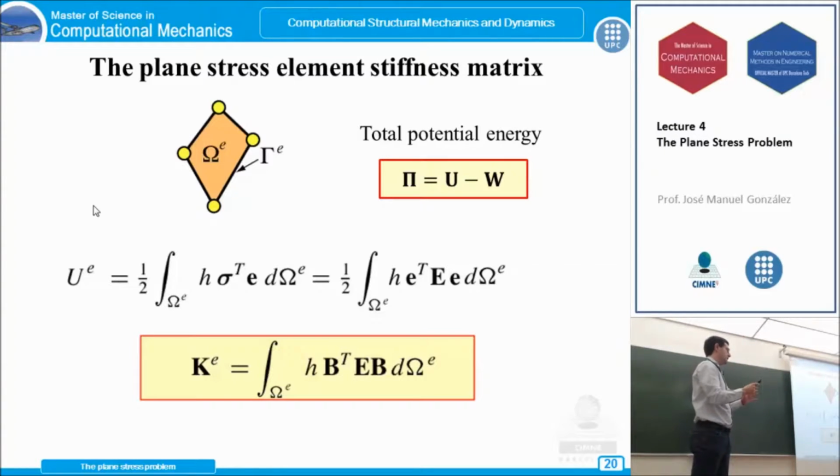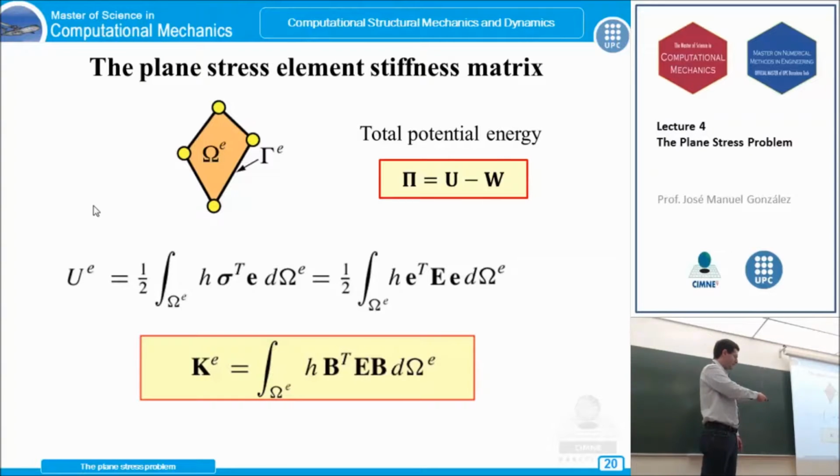So what we have in the middle is the stiffness matrix, which has a very similar form to the one in the bar element. We have the integral of the B strain-displacement matrix, which is in fact the derivatives of the shape functions, transposed. Then again the same B matrix with the derivatives. In the middle we have a relation between stress and strain. In the bar element it was the axial rigidity, but now it's a